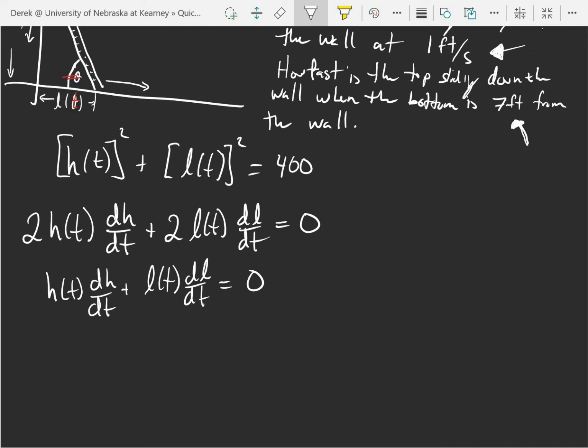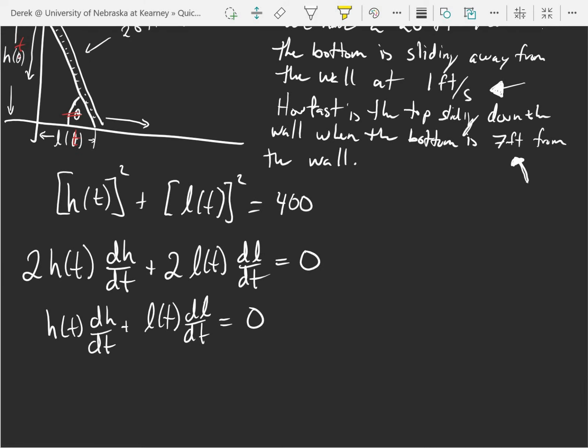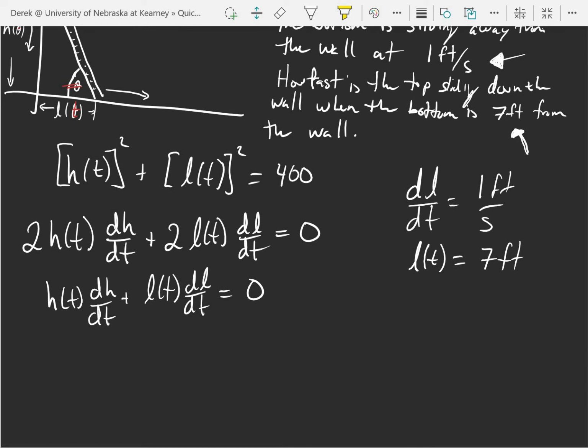Okay, so now what do I do? Well, I know dL dt from the setup is 1 foot per second. I know the length that I want to evaluate at is 7 feet. And that means I can get these two things figured out, but I'd still have to figure out what the height is. However, because I know what the length is, this equation is going to tell me what the height is. Right? If the length at t equals 7 feet,